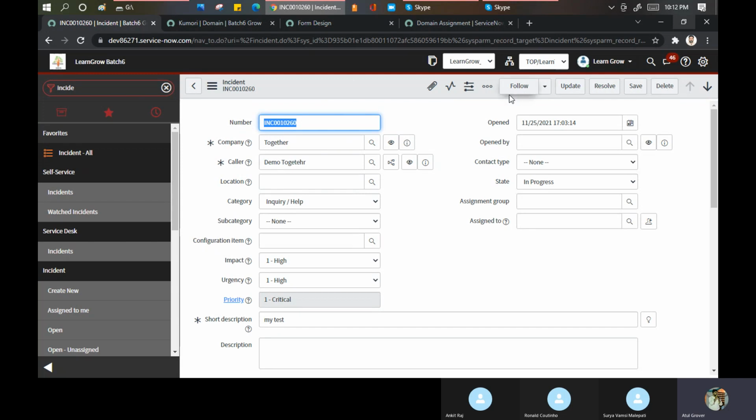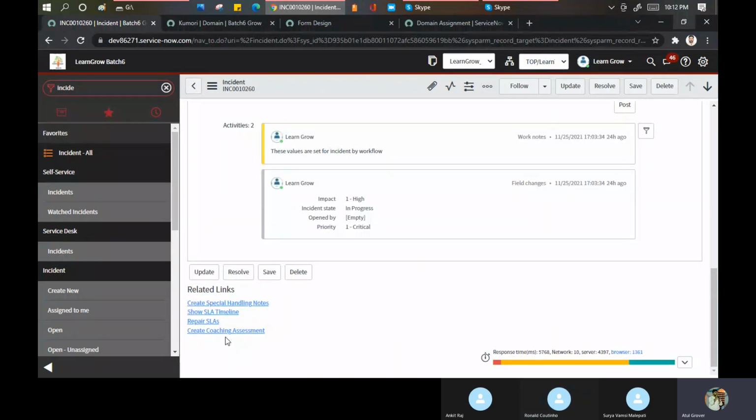What is this button called? Or what is this called specifically? You can say button action. हाँ, UI action. अभी आता हूँ वहाँ पे. बड़ी जल्दी सर्विस नाउ के टर्म में पहुँच गए. Okay. What is this called? UI actions. UI actions again. हाँ, UI actions. Related links है. The update, resolve, save, delete, na? Those are UI options. Hyperlinks. These are again links, but these are called UI actions. अच्छा चलो ठीक है. Okay.